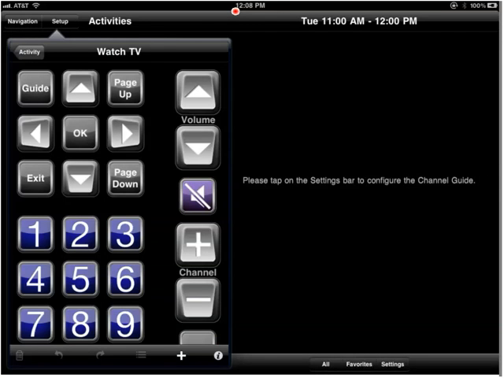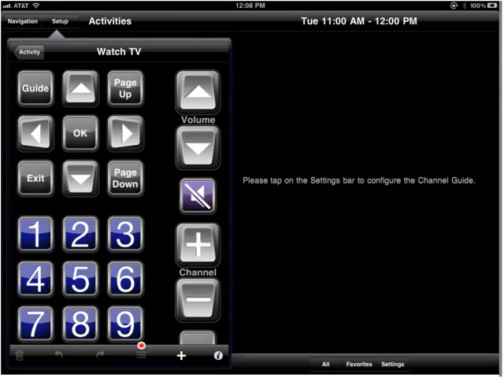This is the Activity Button Editor, displaying the layout created using our Watch TV template. Tap on a button to select. Then tap on the Button Details icon to edit its details. Button Details is down here at the bottom, and it's grayed out now because no